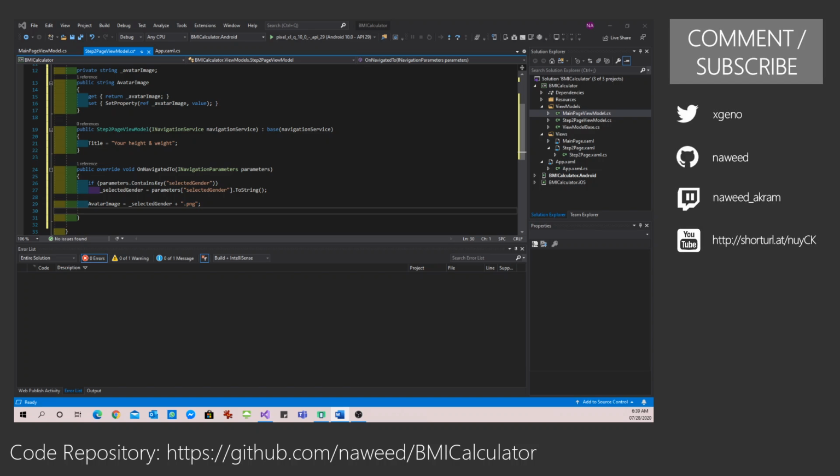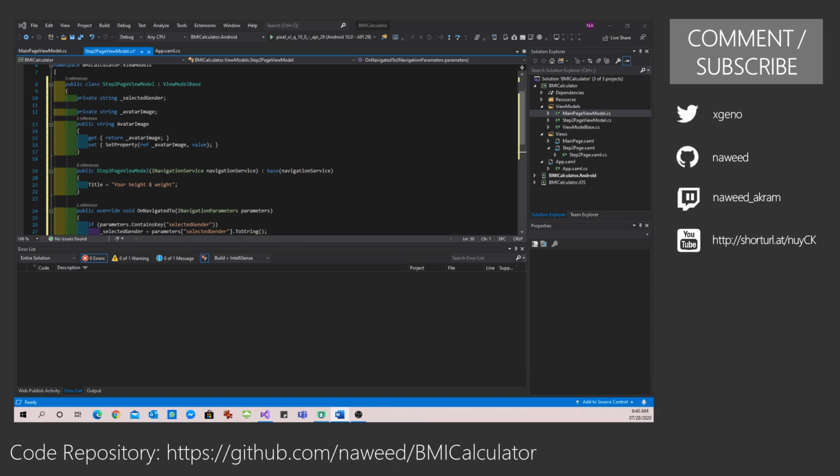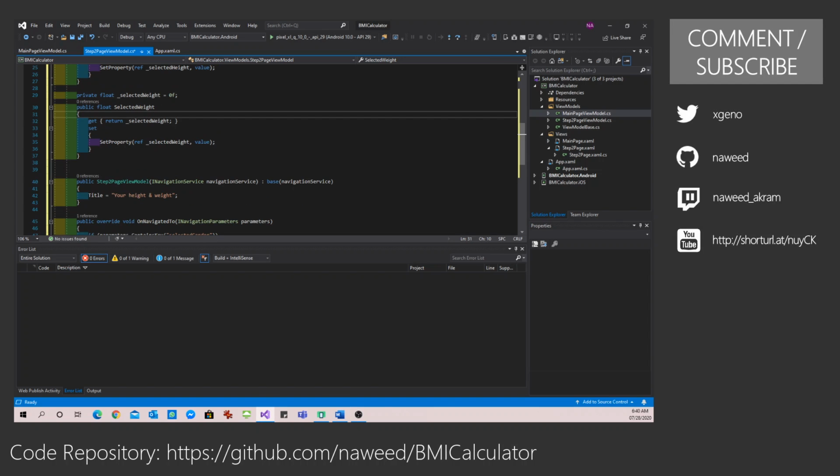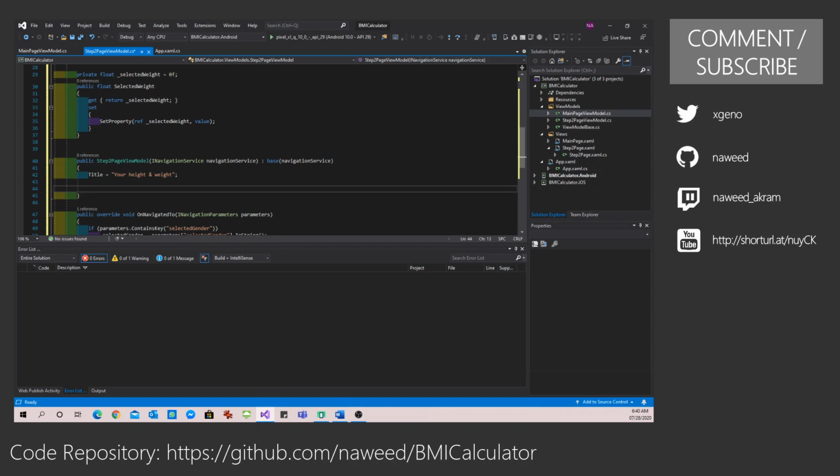And while we are at it, I will also add a couple of additional properties which we can work with later. I will explain that to you when we come to it. One is a selected height property and the other is a selected weight property. These are the properties which will be set whenever the user changes the height or the weight on the scale, and we can default them to some values in our constructor.